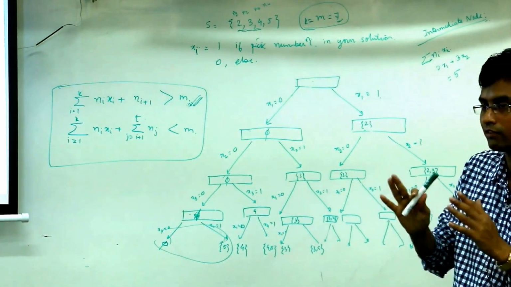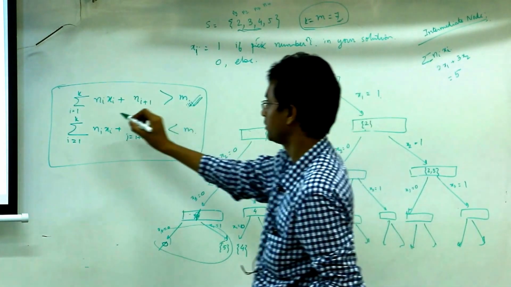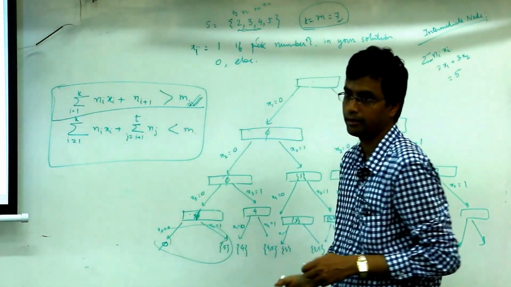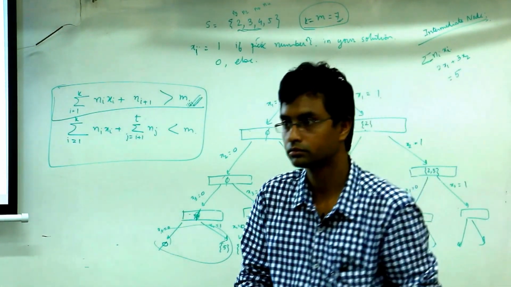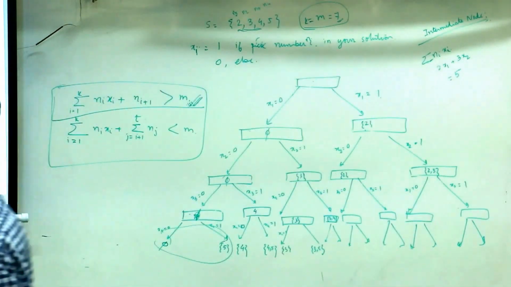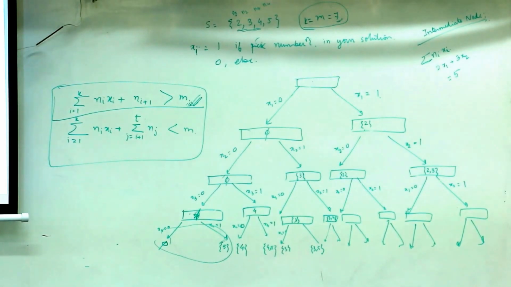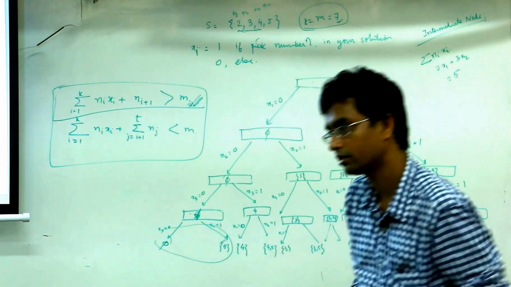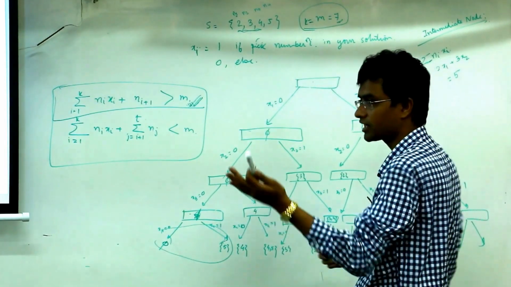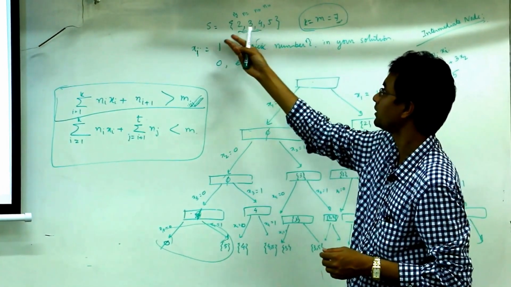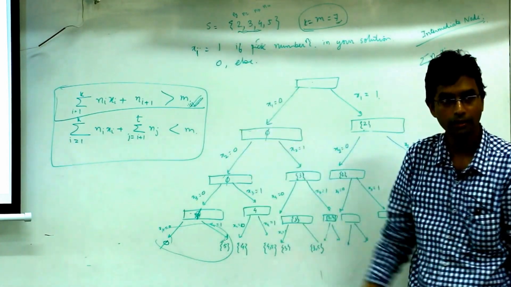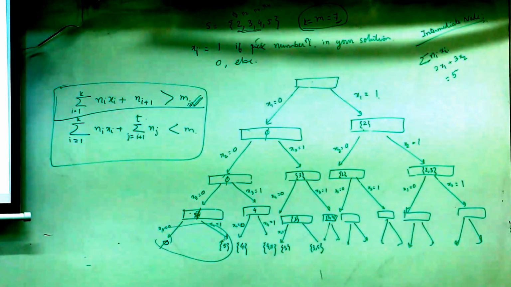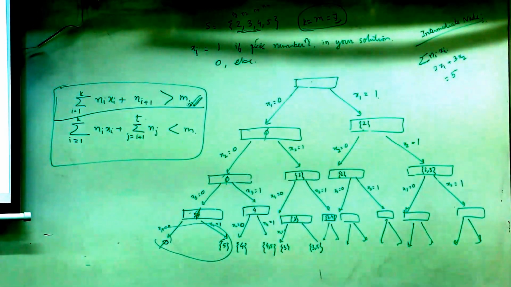Yes, if you want to use this pruning step, then you have to have the input sorted. That's what I was wondering: if adding element i plus 1 makes this LHS greater than m, there might be some other element. Yeah, because this is sorted, that's why. So that's what Sonika is saying, that by adding this complexity of sorting, I am moving down some path, maybe we pick one element and then jump a few in between and try some other.